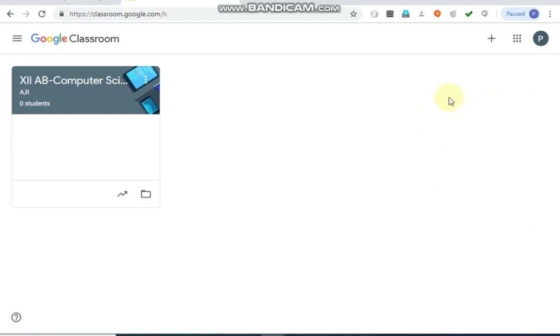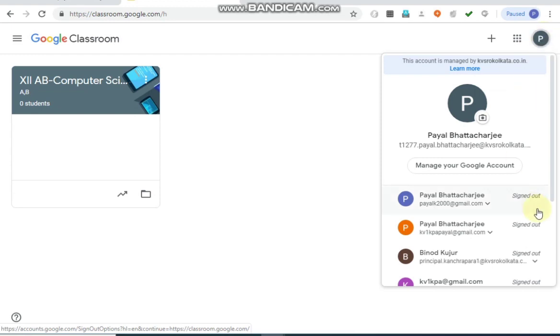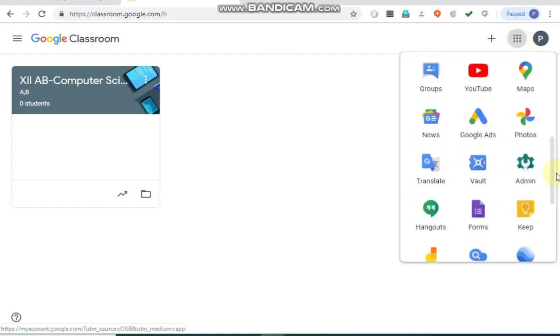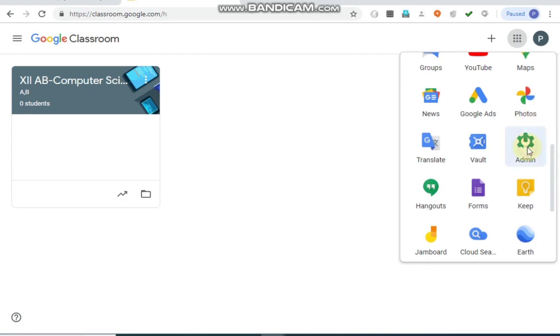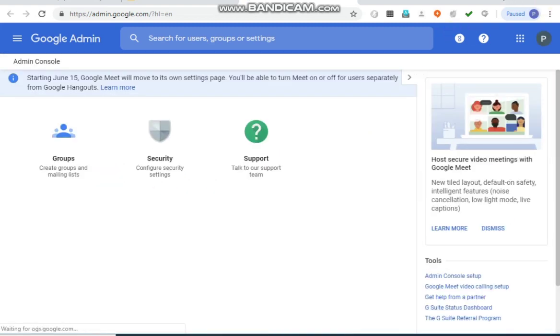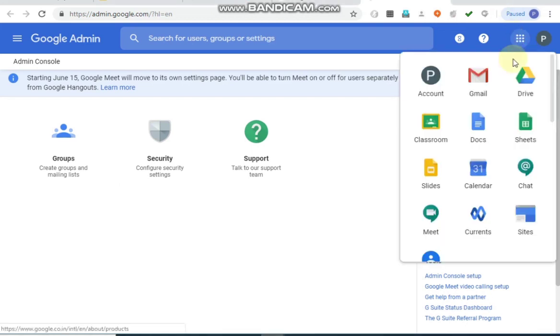This one. Now I will show you how to change the password also. Click on these Google Apps, come down, click on admin, okay, no, sorry, you won't come to Google admin, you have to click on account.